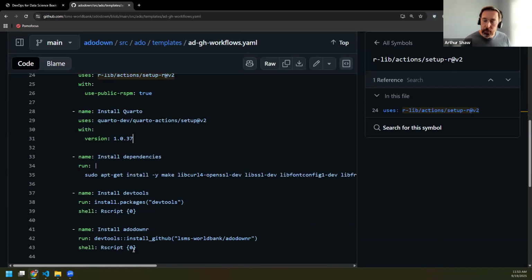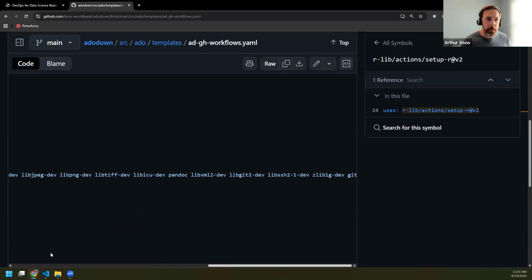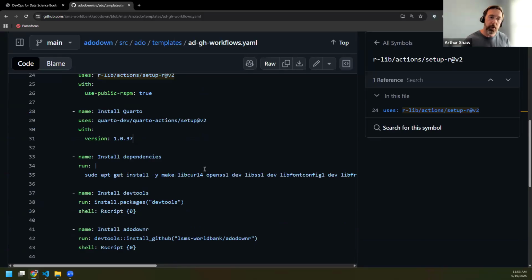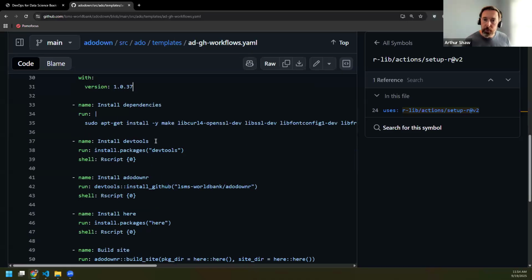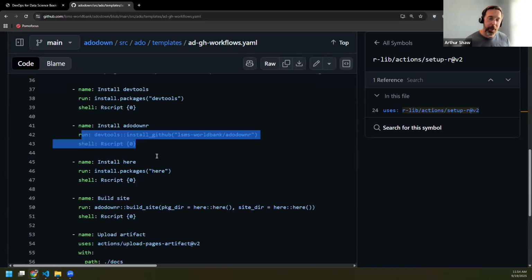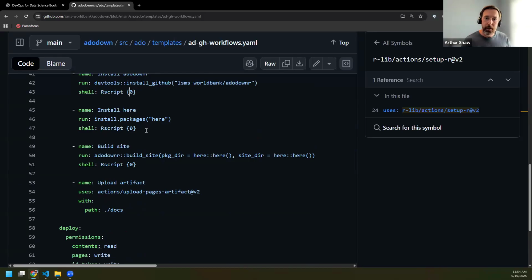Installing dependencies, this is ungodly bash here. Probably should have done some line breaks, but these are all of the dependencies that are needed for my particular package. And then we're installing devtools to install my package, which I have on GitHub,